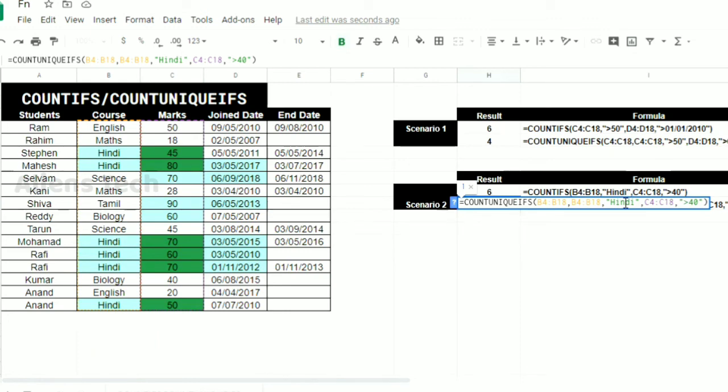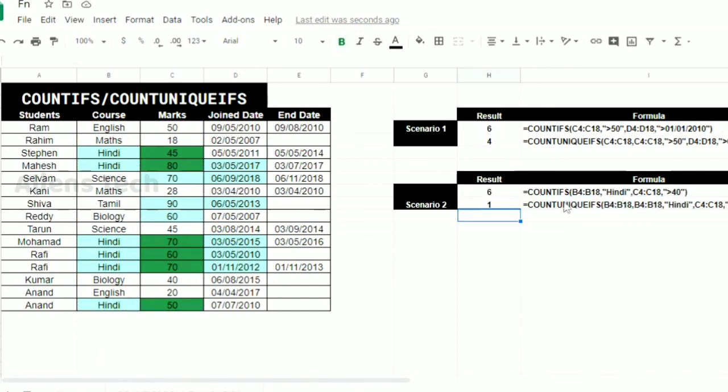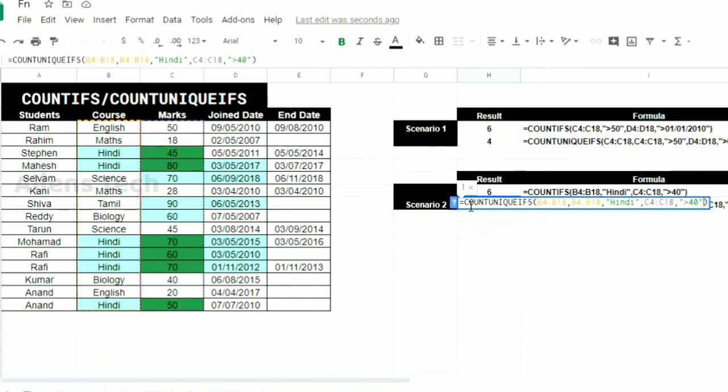Yeah, and you may have another scenario where instead of the languages, you can use the students column, and you can mention any name. So I'm just mentioning this value is Rafi. So if we check that,